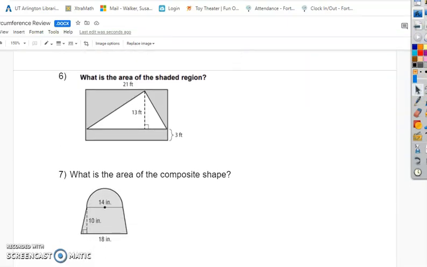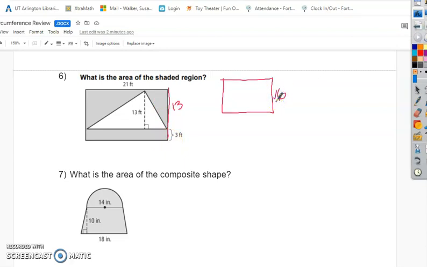Okay, number 6, what is the area of the shaded region? This is going to be a fun one here. So what we're going to do is assume this is touching. To me it looks like there's a little space here, but that's okay. So we'll say from here to here is 3, and from here to here is 13. So then how much is this side? And hopefully you know that that side would be